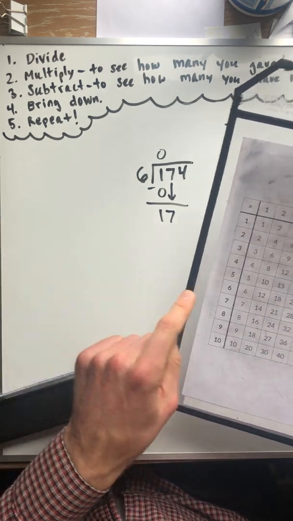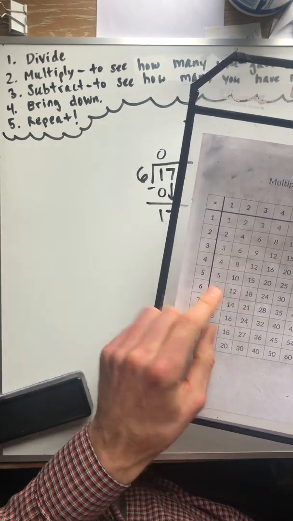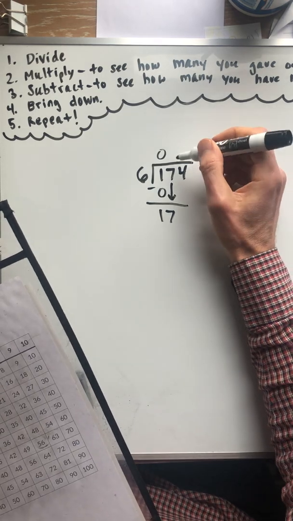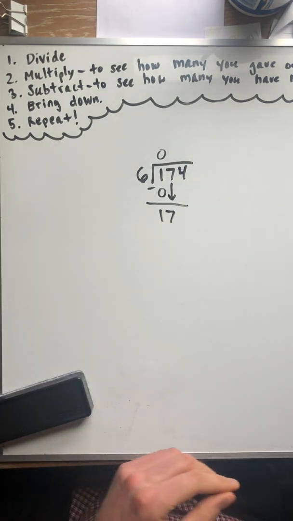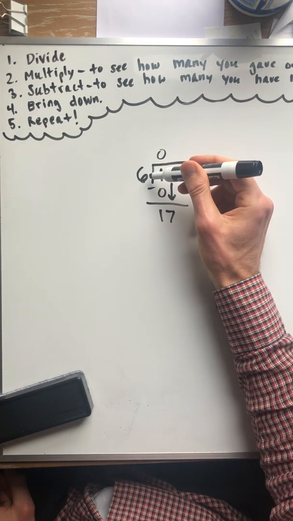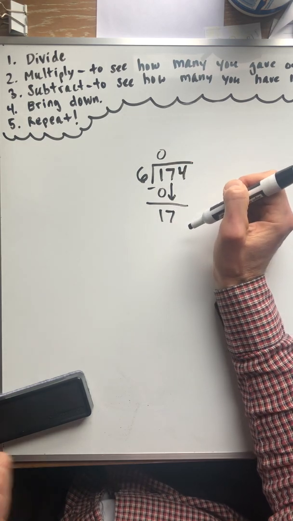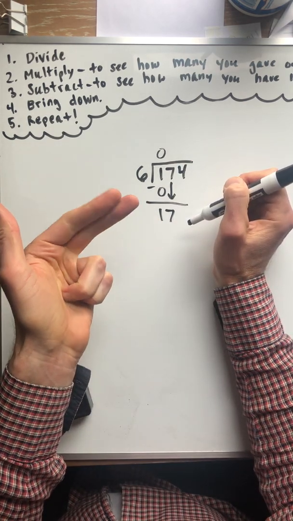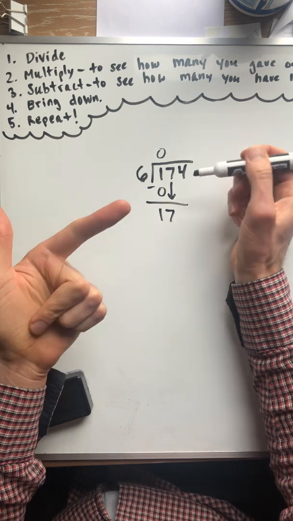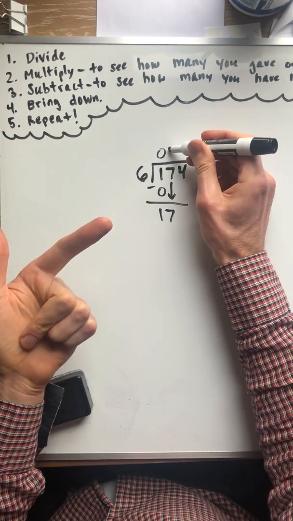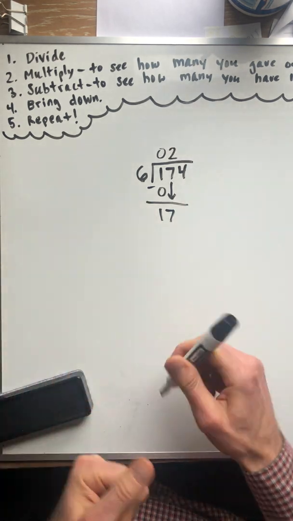So 6 times 2 is 12. Another way of thinking about that is, how many times does 6 go into 17? Well, 6, 12, you can't do 18. Only 12, only twice. So each person gets 2